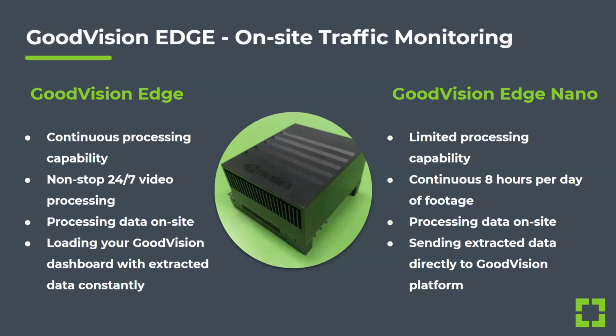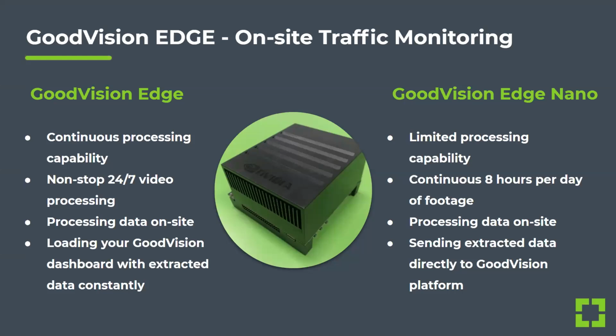But the video which is processed, this is the benefit actually, is processed inside the device, and it's not distributed anywhere further. All the device sends to the GoodVision dashboard is just the anonymous extracted data containing the vehicle trajectories and other parameters. And this package of data is 50 to even 1,000 times smaller than the original